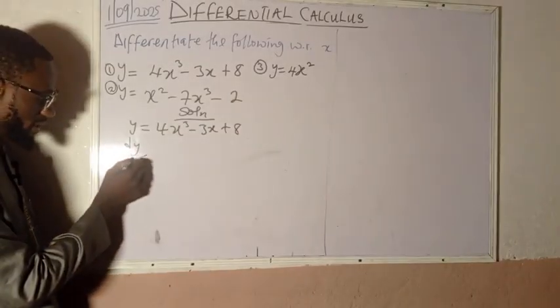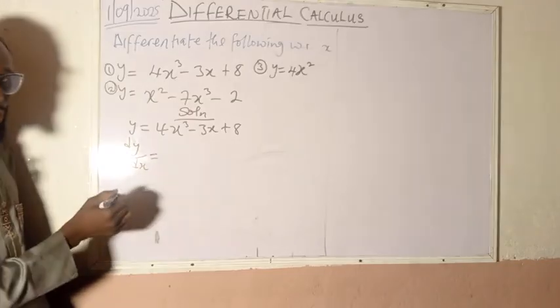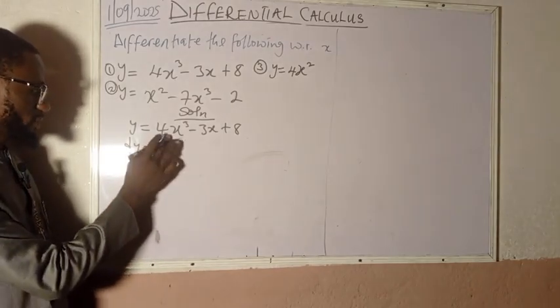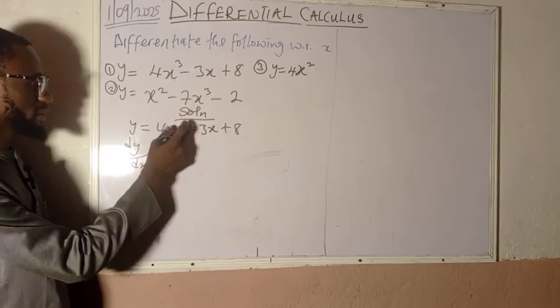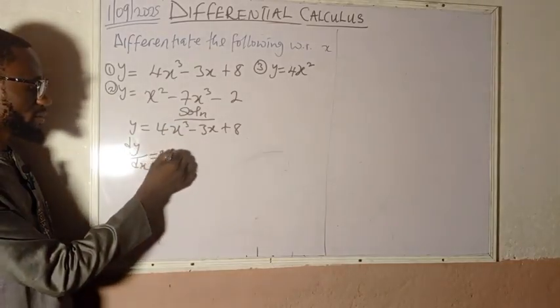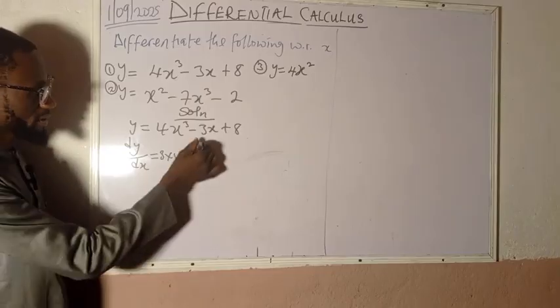Therefore, we have dy over dx is equal to 3 multiplied by 4, so we have 3 times 4 x raised to the power 3